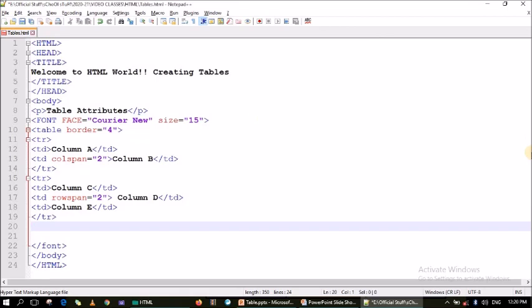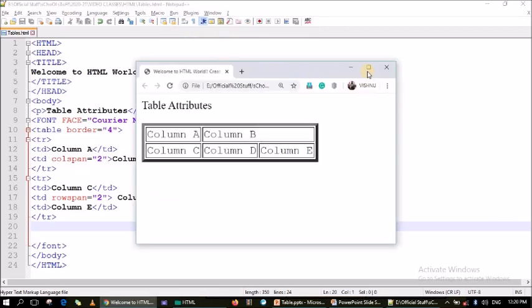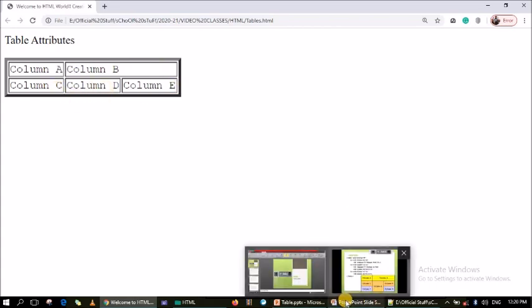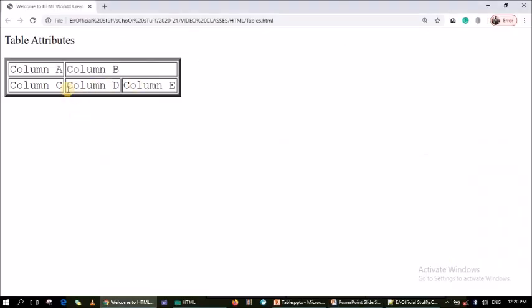Okay, so we will just check the answer here. I just saved it, run, launch in Chrome. We can see column A created, column B merged and created, column C is there, column D, column E. But you can see that column D is like that in the figure. It will only come like that after finishing the third row. So there is no mistake here. Already the merging happened here. Now we have to give the remaining one, column F, and here G, and this one remains as column D